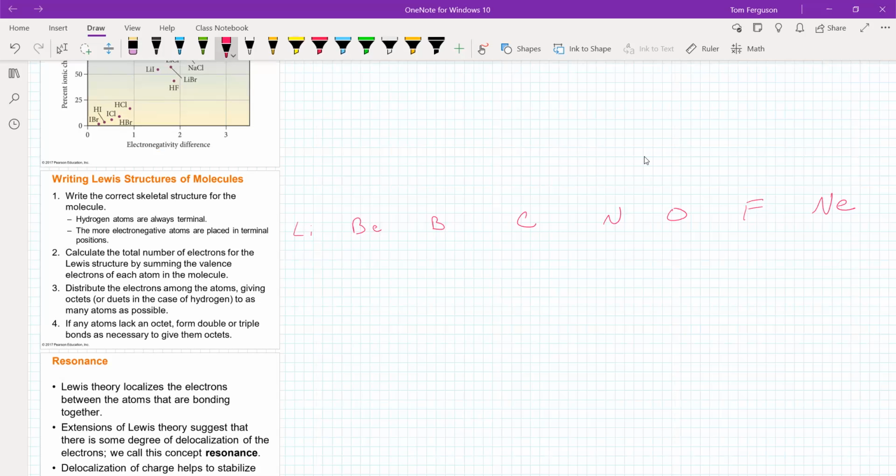Now, Lewis structures, again, I want to reiterate, are valence electrons only. The core electrons do not come into play. So if we were looking at the valence electrons on period 2, okay, lithium has 1,